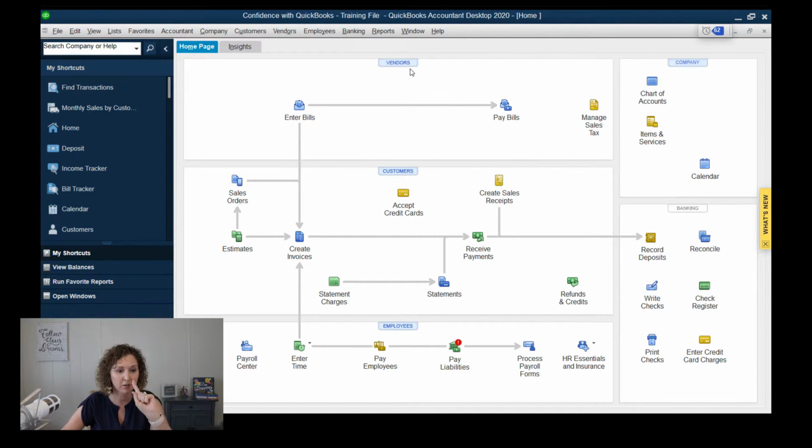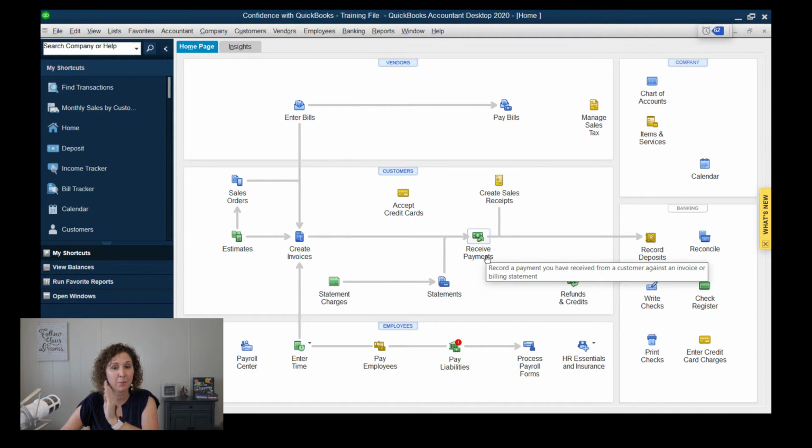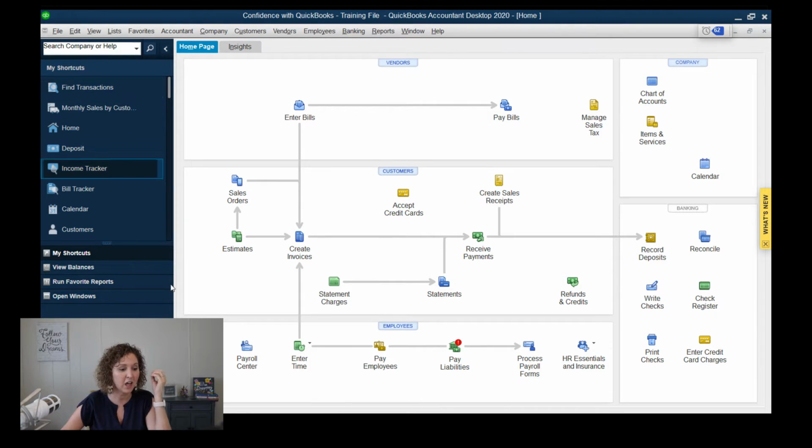But remember, when you enter a bill, vendors are the people you spend money with. When you enter a bill, that's accrual basis. It's not going to show up on your profit and loss if you're on cash basis until you actually pay it. And the same is true with invoices. When you create the invoice and you do the sale, it's going to show it as a sale on accrual basis. But until you actually receive the payment, it's not going to show up on cash basis. And often people go, oh my gosh, this is the thing I haven't understood for so long. And then let me show you real quick on the